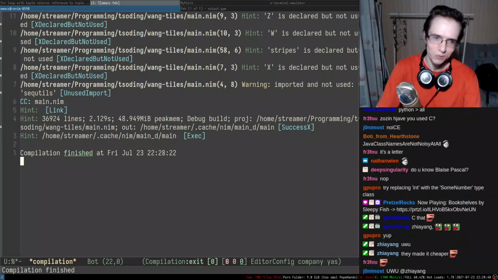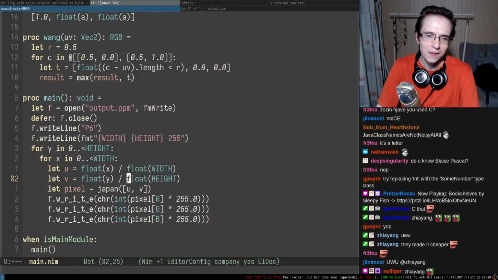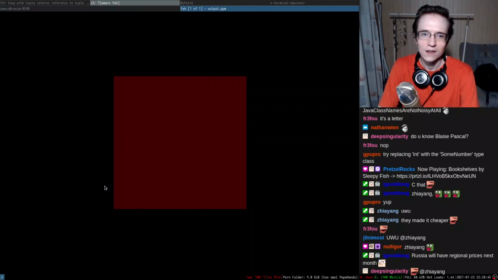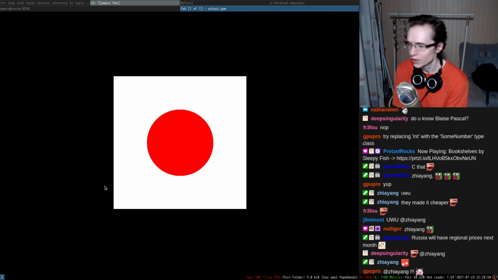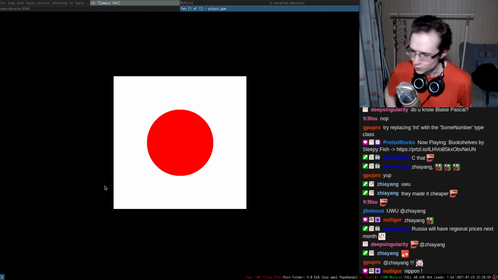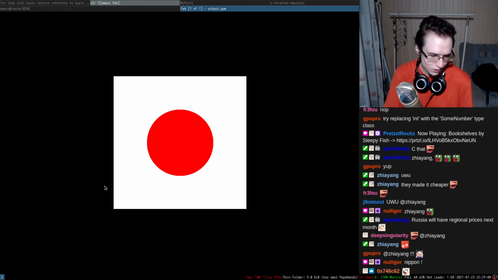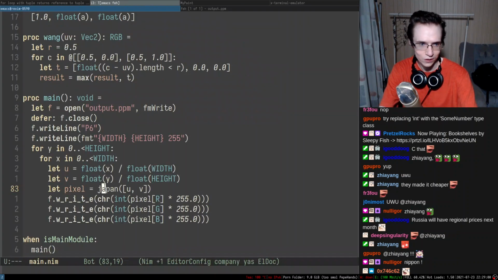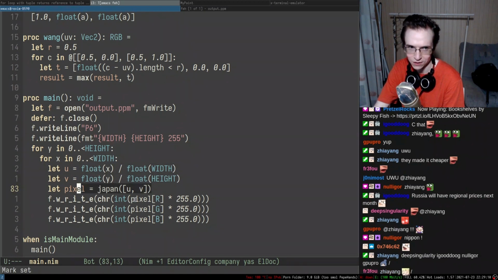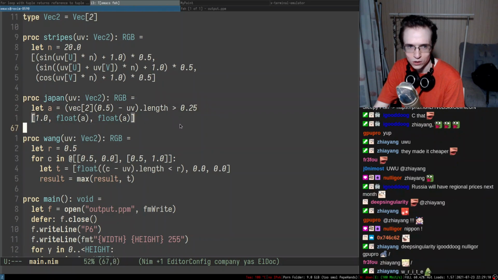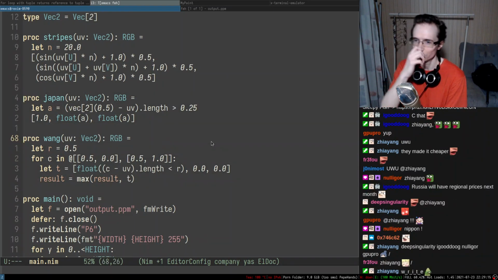I don't know for how long you've been watching, but we have a Japan flag in here. So let me actually see. So yeah, there we go. We generated a Japan flag, but on CPU, without using any third-party dependencies or anything like that, pixel by pixel. Right. We're trying to sort of emulate fragment shaders, right? So essentially, we're iterating from 0 to height and from 0 to width. We're interpolating this entire thing, and we're passing the interpolated things into a pure function, which basically calculates this entire thing. So we're trying to do a sort of fragment style stuff.